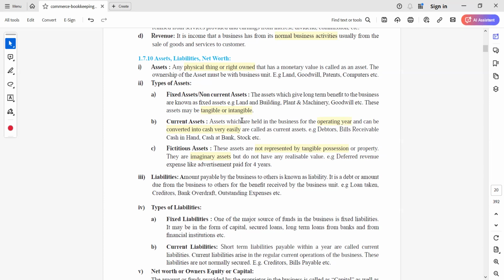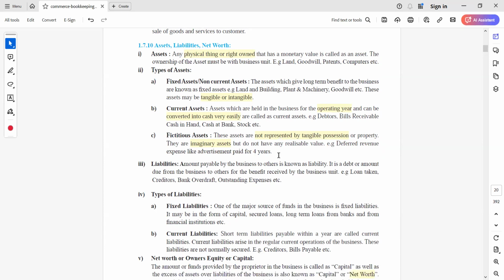और वो easy to use again the business। फिक्स एसेट के बारे में वैसा नहीं रहता। फिक्स एसेट आपको उसका वैल्यू over the period of time मिल जाता है। एक फिक्स एसेट आपने ले लिया, बिल्डिंग, उसका बेनिफिट आपको 1 साल के मिले नहीं, बिल्डिंग आपको 10 साल, 15 साल, 20 साल के लिए चल सकता है, राइट। नाउ फिक्टिशियस एसेट, और इसके एग्जांपल देखेंगे, सॉरी, करंट एसेट के। तो डेटर्स, बिल्स रिसीवेबल, कैश इन हैंड, कैश एट बैंक।